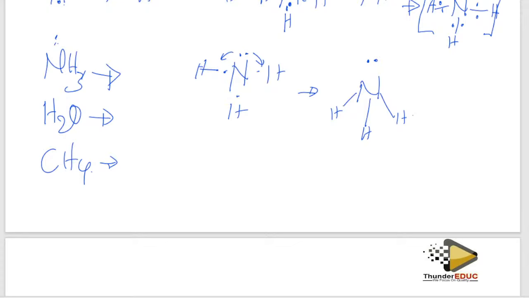Trigonal pyramidal. So how is this trigonal pyramidal formed? Let me show you. Why do you say that it is trigonal? It means that it must have a triangle. If you join this, it forms a triangle. You see, trigon, but it has a pyramid on top.